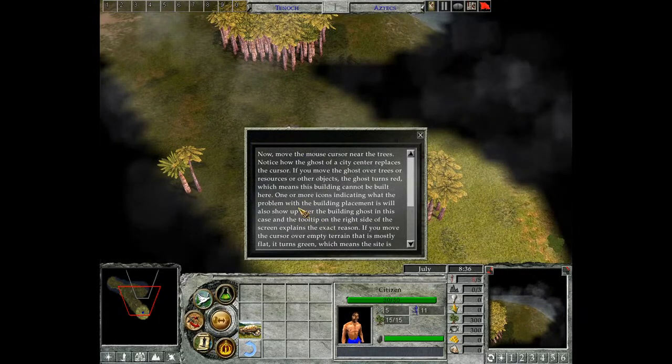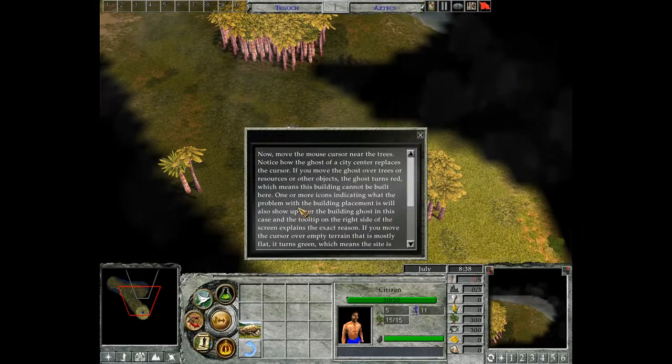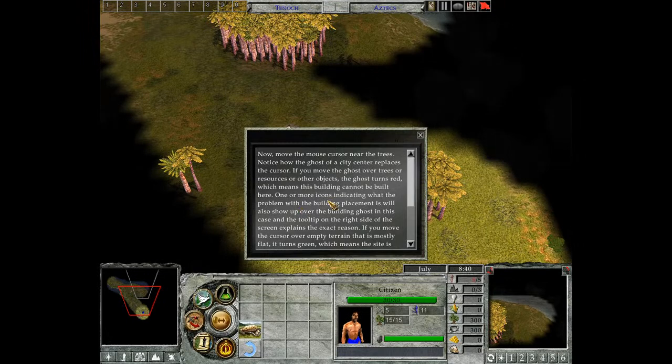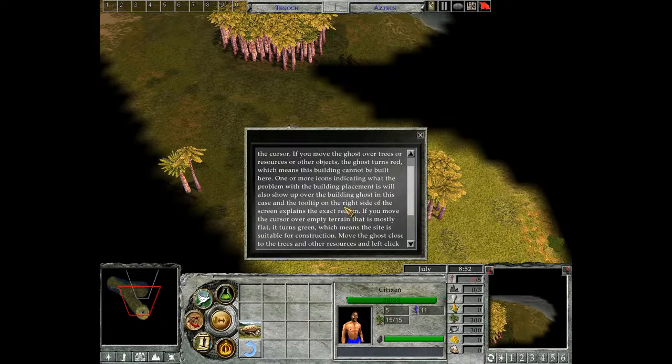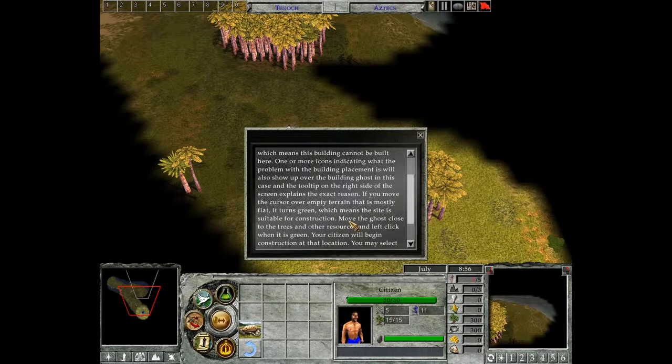Now, move the mouse cursor near the trees. Notice how the ghost of a city center replaces the cursor. If you move the ghost over trees or resources or other objects, the ghost turns red, which means this building cannot be built here. One or more icons indicating what the problem with the building placement is will also show up over the building ghost in this case, and the tooltip on the right side of the screen explains the